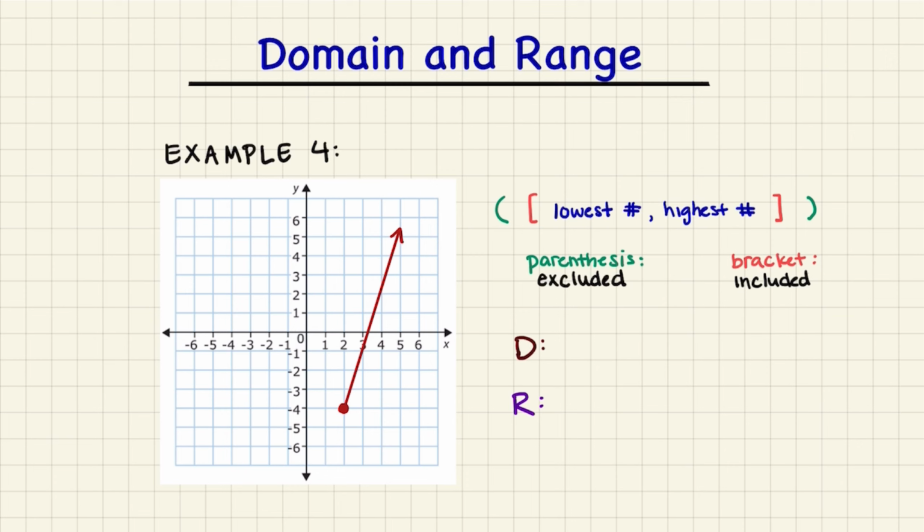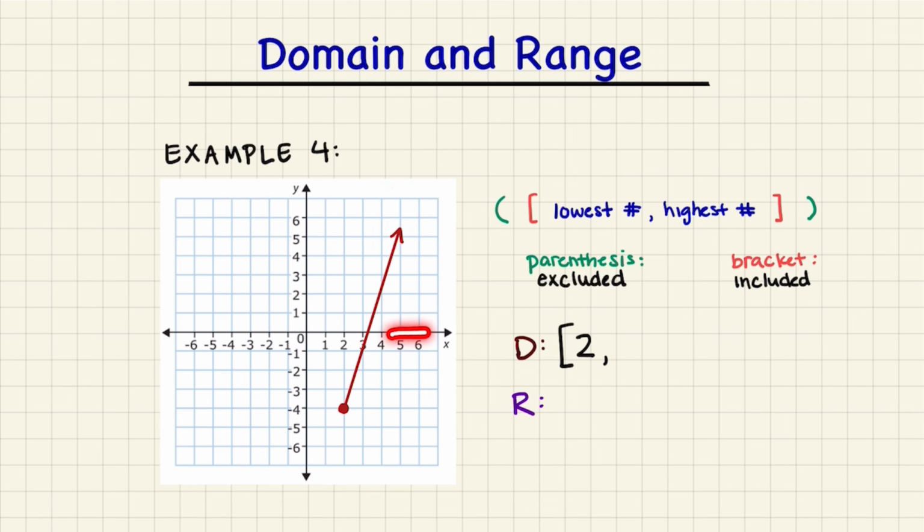Looking at our x values, our lowest is at 2. So first comes 2, and it's a closed circle again, so it's going to be a bracket. Comma. And now this graph is a little different than the one before because this is a ray, which means, as you can see from the arrow, it continues on. So this never stops,